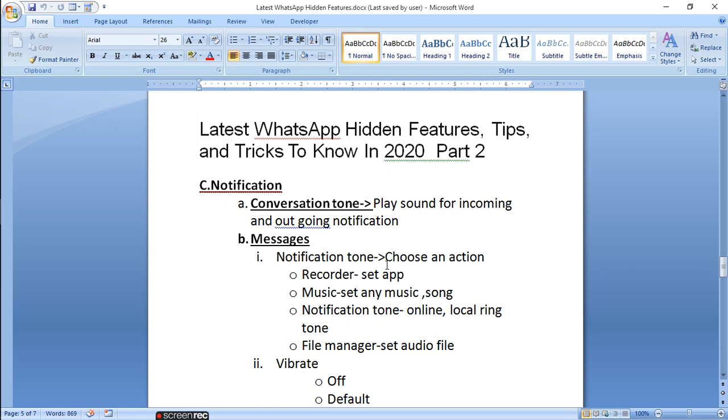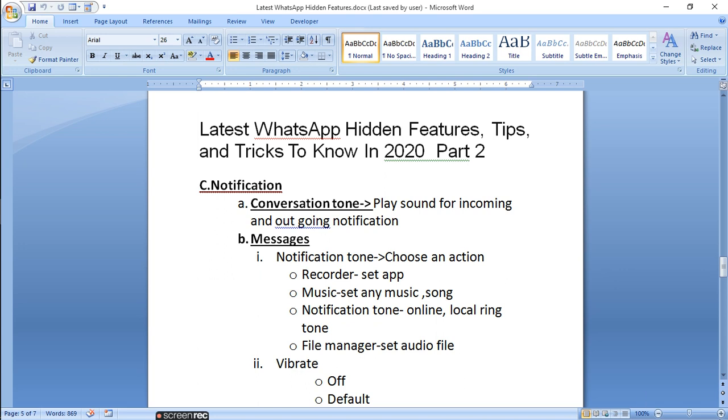Then notification tone online, local ringtone, file manager, set audio file. So these are the options: recorder, music, notification tone, and file manager, in which we set a sound which we recognize as the notification sound. So when that sound comes from the phone, we know there is some notification.